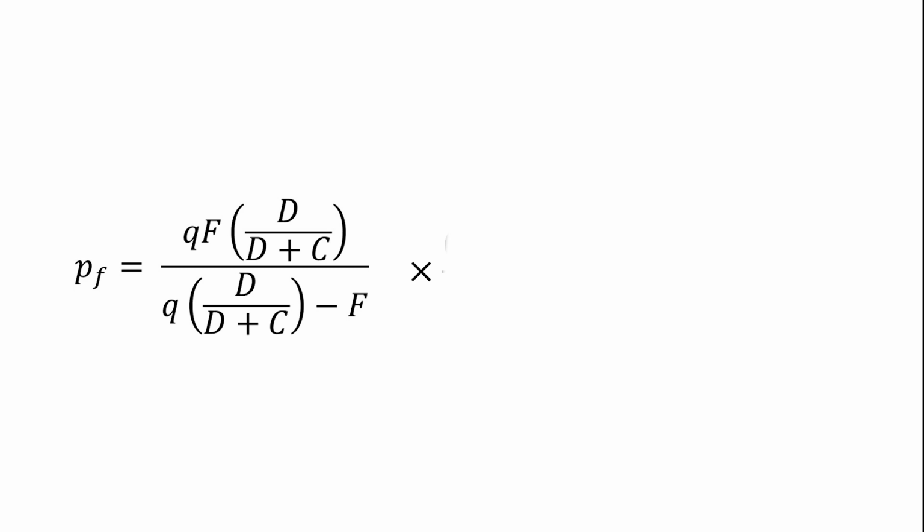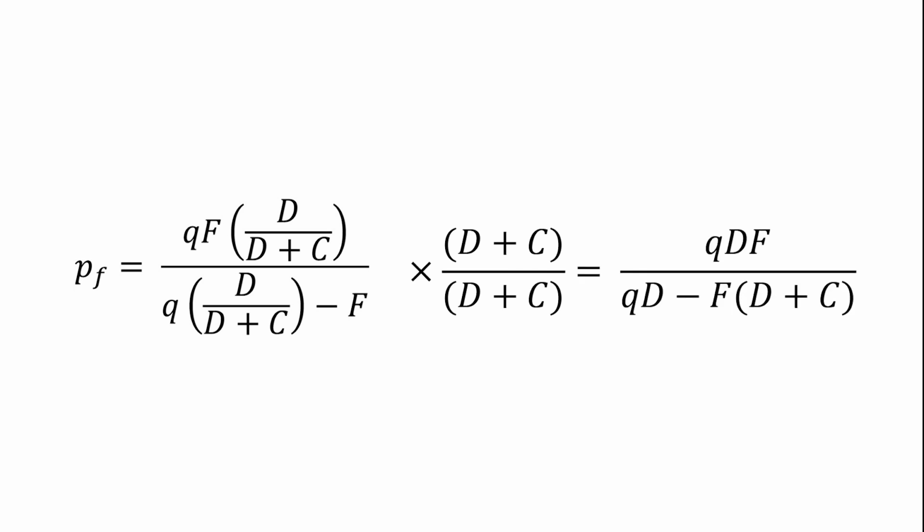So instead of 1 over 1, we're going to do d plus c divided by d plus c, and we're going to get this, q times d times f over qd minus f times d plus c. So we have the equation for PF, which is really good, but it's actually in terms of some variables that aren't very practical. For example, image distance requires calculations using the thin lens equation, so we're going to actually input